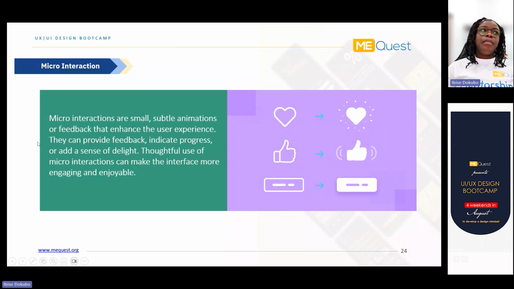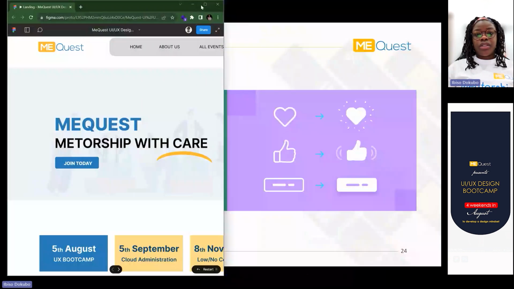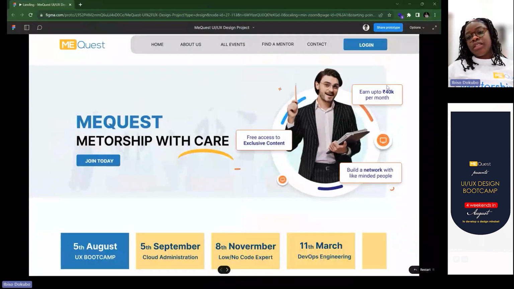Then for micro interactions, these are little animations you can add, hover effects and all that you can add to your site. An example of that is, let me show you the site. So in this particular site,